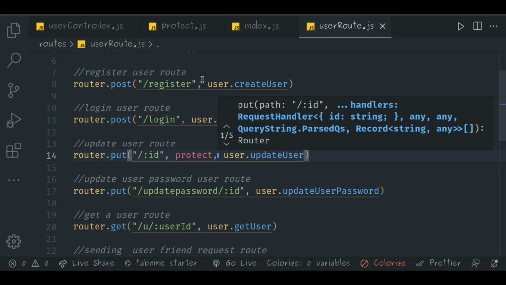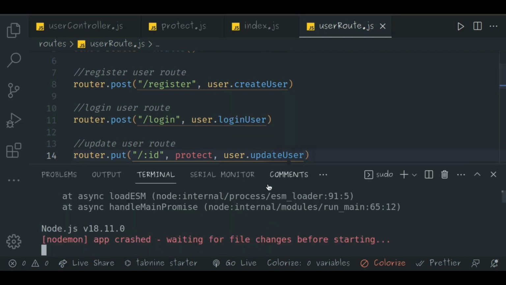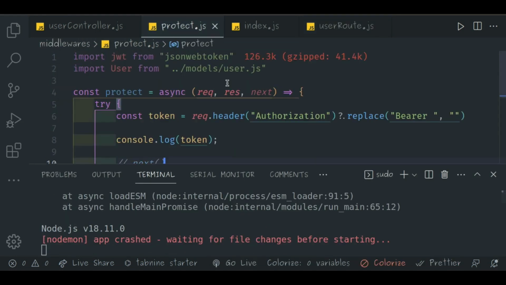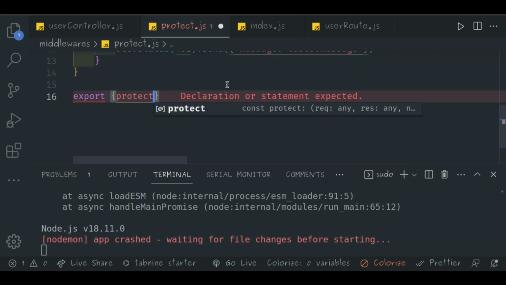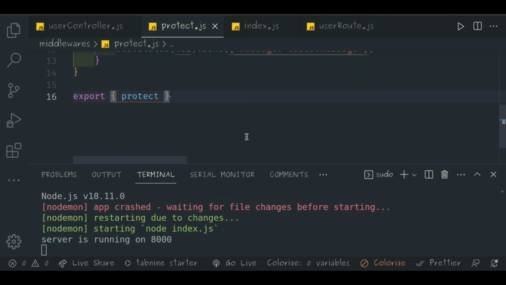Now let me save my work. See, my terminal has crashed. This is because I haven't exported this protect like this. So now that I've exported the protect,